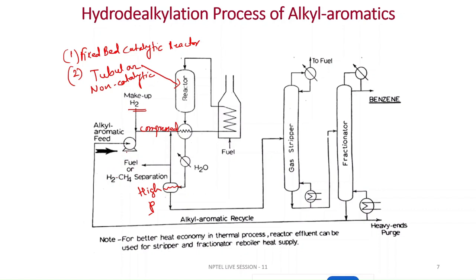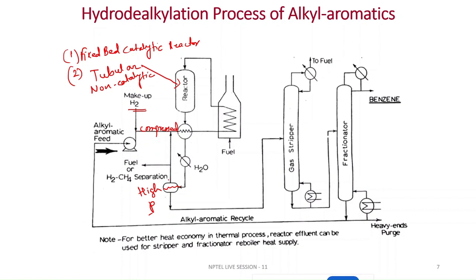In the equations we have also seen that in every equation of the hydrodealkylation process, a lot of methane is produced, right? So this mixture of hydrogen and methane can further be used as a fuel. Otherwise it is sent to the methane separator. From there hydrogen can be regenerated and reused in the process, and methane can be used as fuel. Some portion of this gas can be recycled at this feed point.